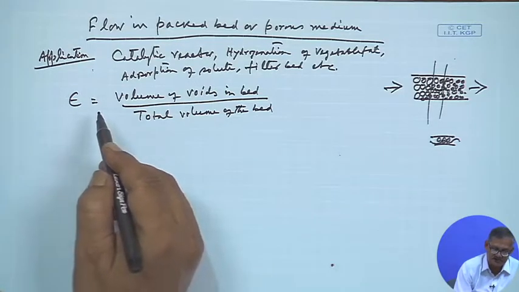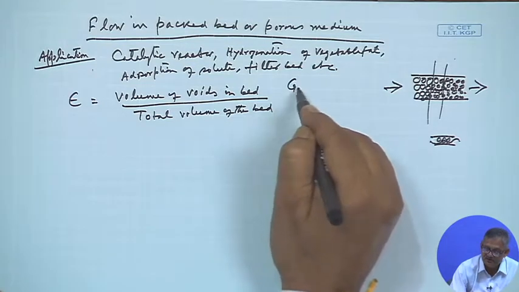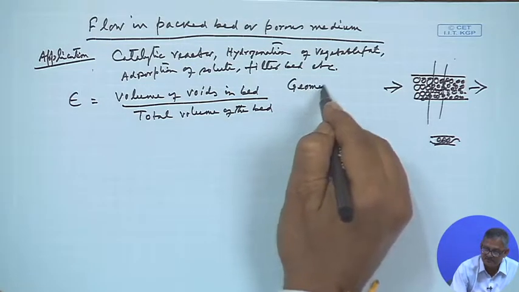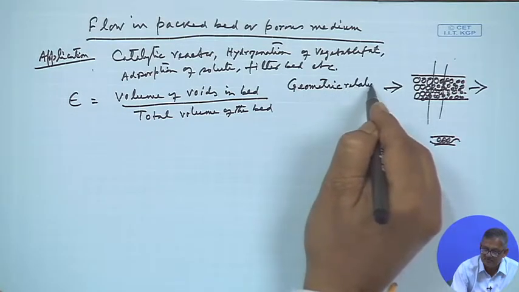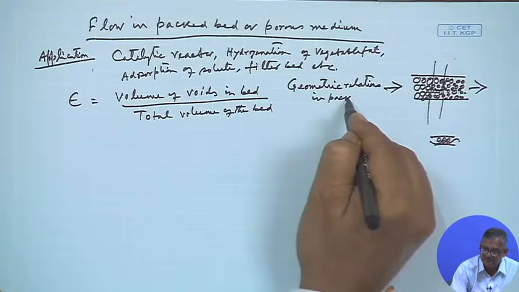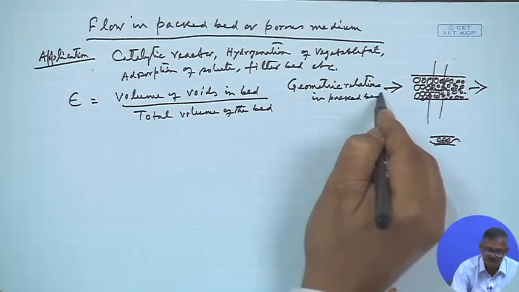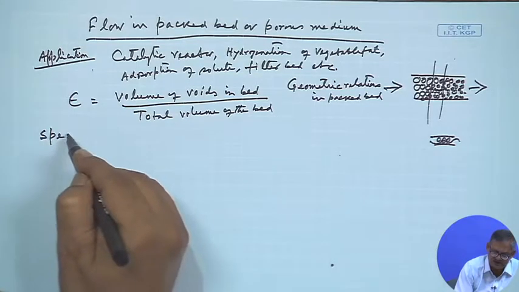This is epsilon, right? And this is called geometric relation in packed bed, right? Specific surface area,